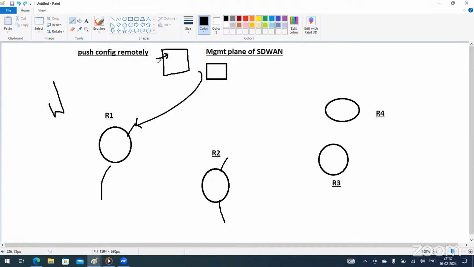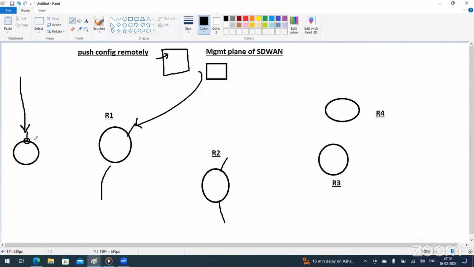Okay. Now, another cool feature with SD-WAN, while we are pushing configuration remotely. What happens in traditional networking, if we are pushing configuration remotely, let's say via a tool, right? What happens if you mistakenly shut down your WAN interface as part of that configuration? The router is not accessible, right? You would lose access. We are not able to configure the router, right? Is there any way to recover from that situation?